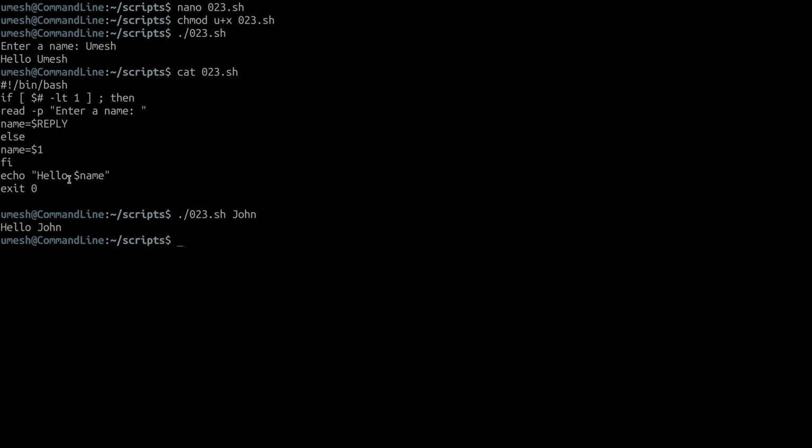And we can also compare strings using if condition. Let's try another script.